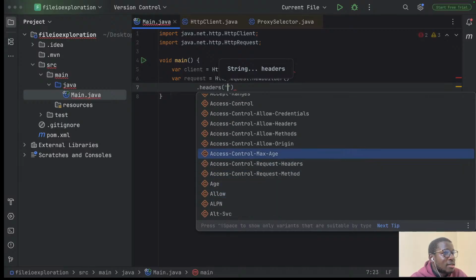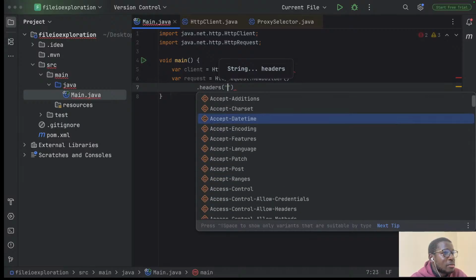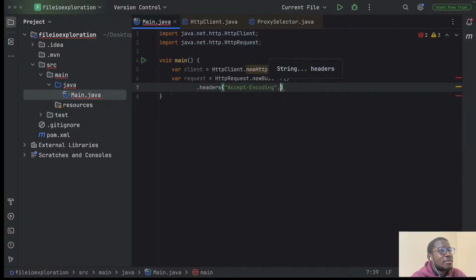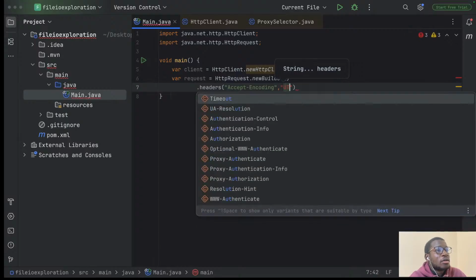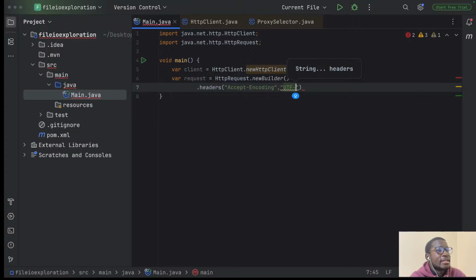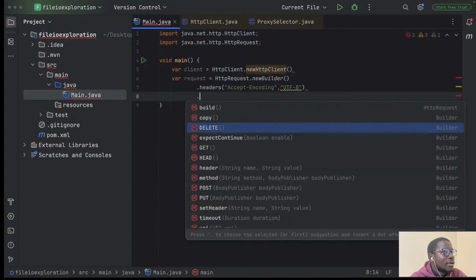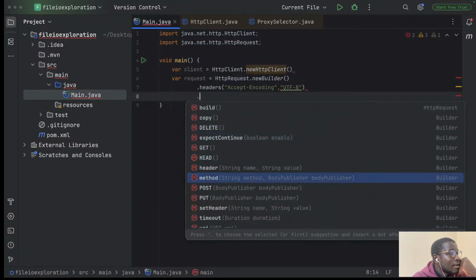Accept encoding, maybe UTF-8. Okay, and we could set up the,